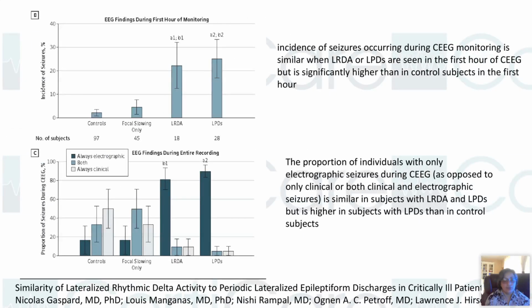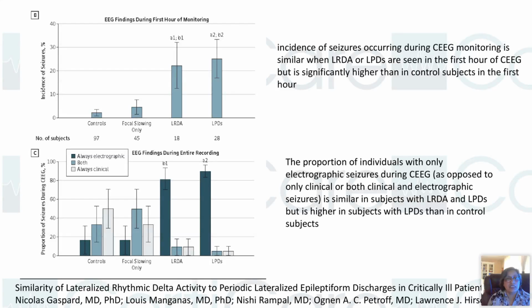Here is a graph which shows the prevalence, the incidence of percentage of seizures in patients. The study was conducted by Gaspard et al. Let's look at the top graph here. You have controls, patients with focal slowing, and patients presenting with LRDA in their EEG and LPDs. Now, if you compare the incidence of seizure during the first hour of monitoring, these are all critically